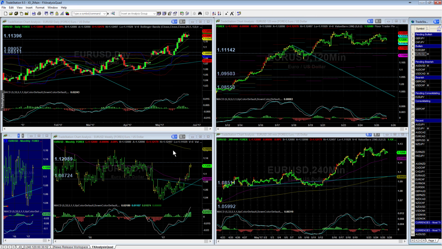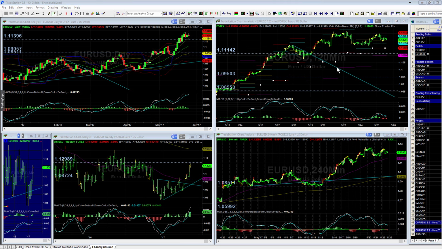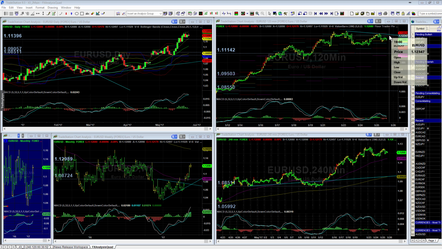For the euro US dollar, we are struggling to get above this 1.12989 previous pivot here on the weekly. It might be causing us a pivot, so we could be going into a consolidation. What I want to do is keep an eye out for this previous trend line or this resistance trend line to be broken, so we can watch for a break anywhere along this line. Currently it's about